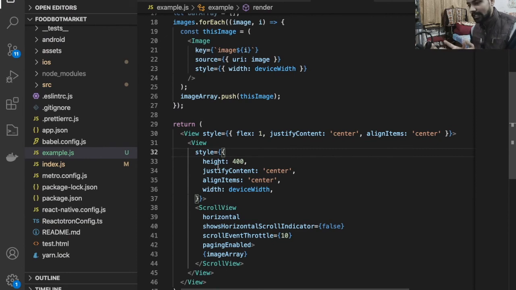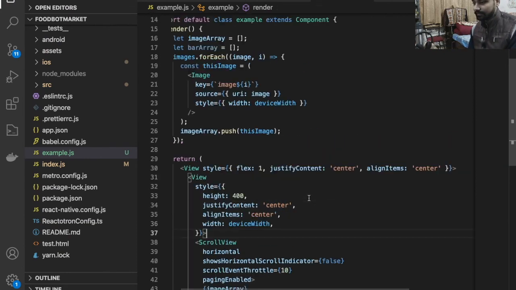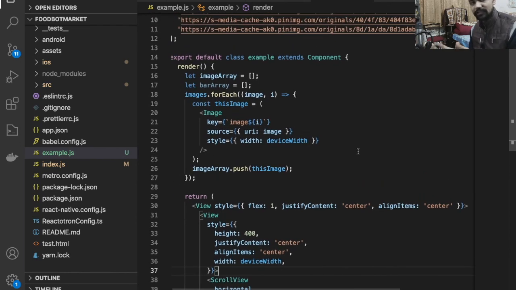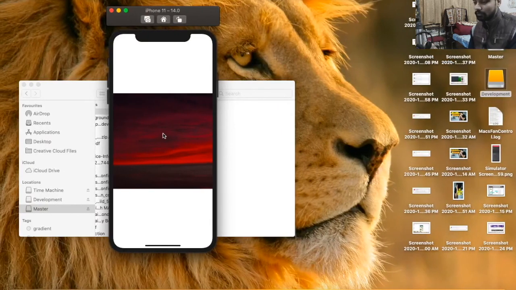You can customize it by just putting some style over here, and this is it. I think this is very simple guys. And if you want to put something called bullets, or you can say pagination, you can put it easily here only.